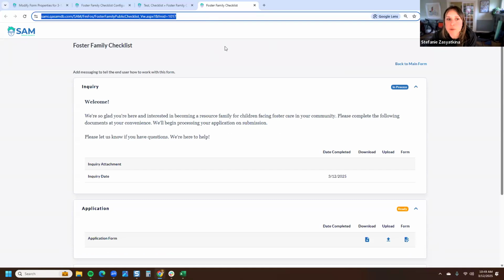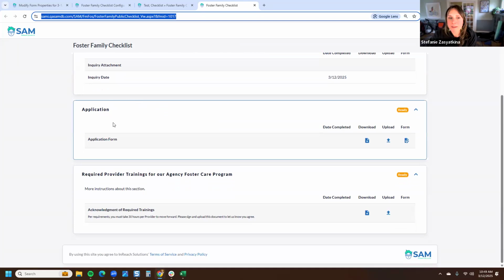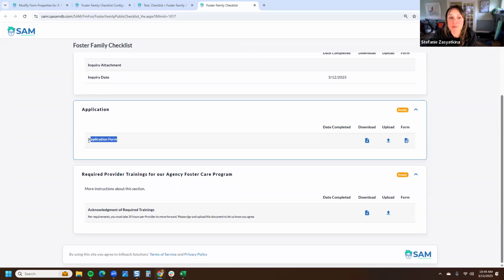This is, again, the end user's view, and this is information we have set to share with them. So we have apparently shared both of these inquiry options. We have this application section. We do not see the consultation call under the application form, because that was not set to be shown to families. And we do see the provider